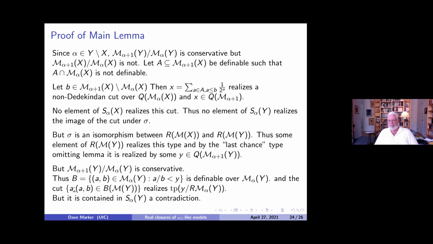But as I argued in the middle of the slide, that can't be true because I have the isomorphism between S alpha of X and S alpha of Y. Okay, so this is very quick. The paper's on arXiv if you want to look at this argument more carefully, but it's very nice. And somehow the Scott completions are allowing me,